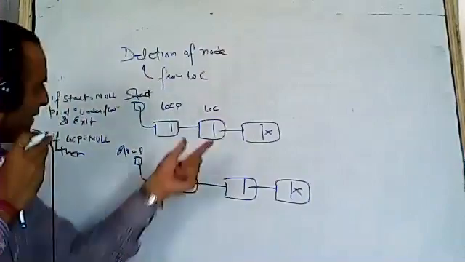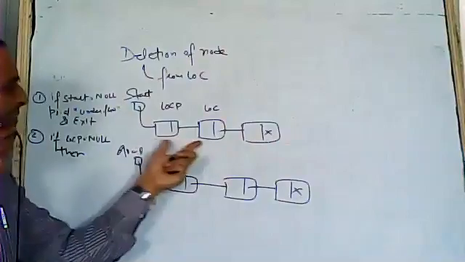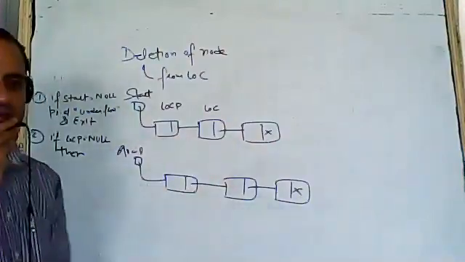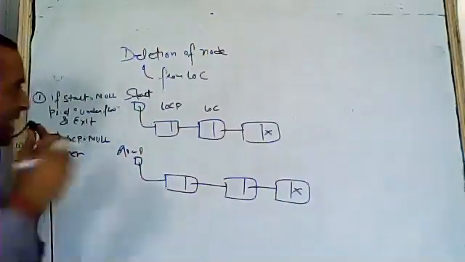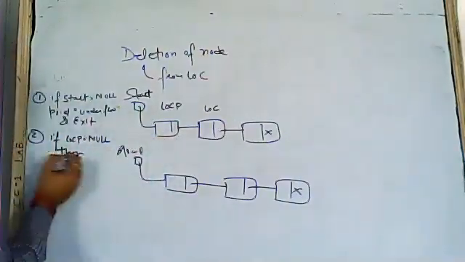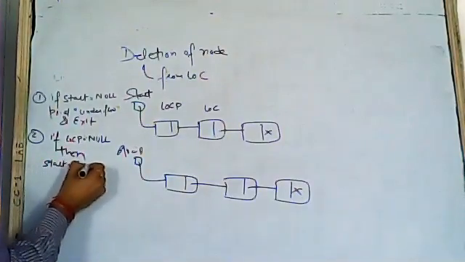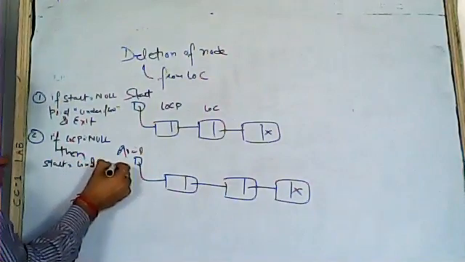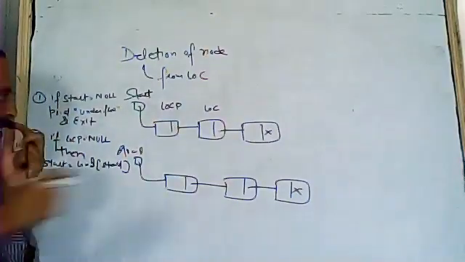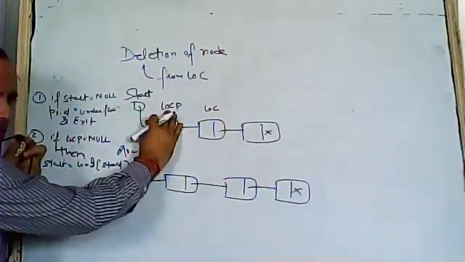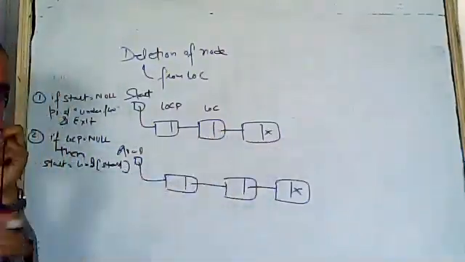If log p is null, that means here we don't have any node. That means the location you are going to delete is the first node, because there is no location before this. Then the same step as beginning deletion of the first node: start is equal to link of start. This step is clear or not? That means this is the start node. Your new start will be link of start.